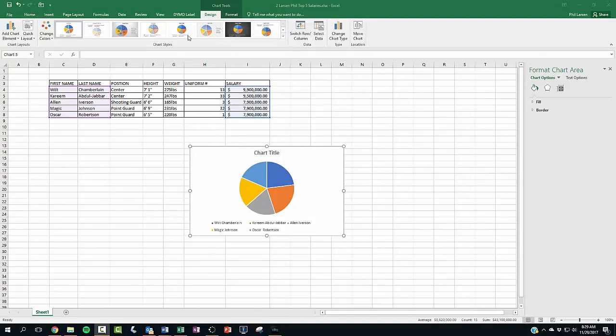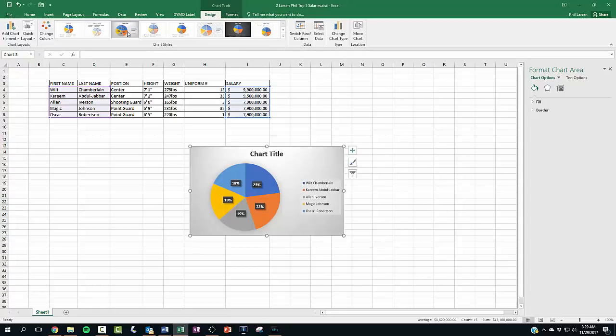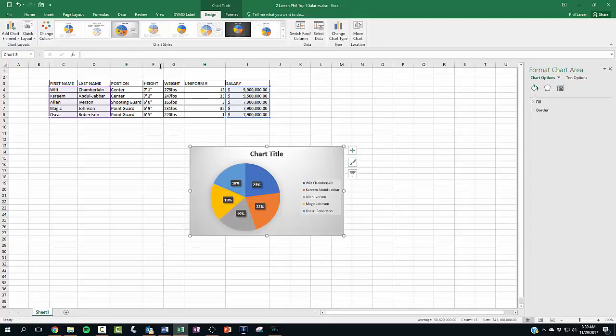Okay, so I want you to know a couple things. First of all, we have these different kinds of charts up here that you can take a look at. And the one that we're going to need to get is something that has numbers on the inside here. They're still not the right kind of numbers, but at least it has the numbers in here. So I'm going to go with this one. It looks like there's another one here that I could pick. So I'm going to go with this one real quick.